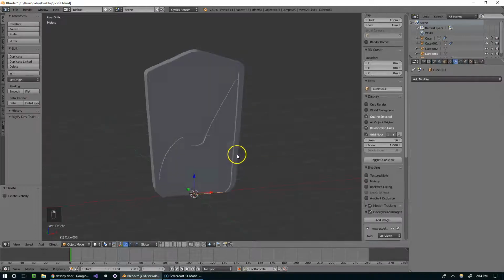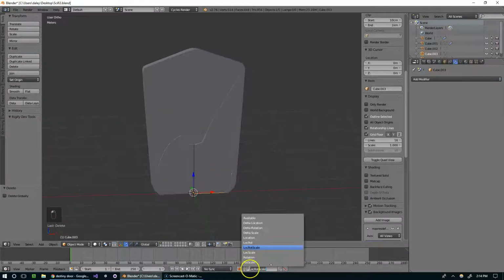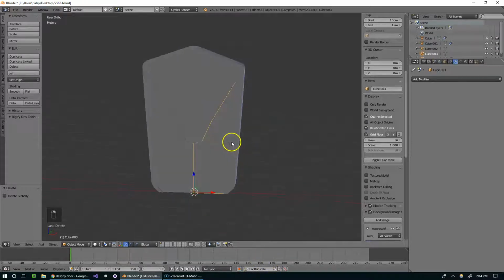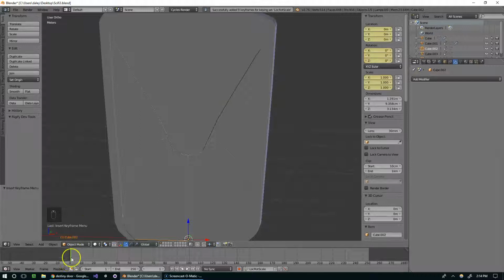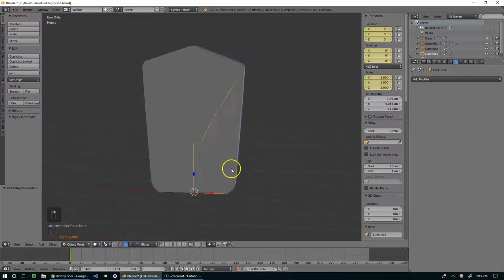Alright, so now we're going to animate this. So the first thing I want to do is come down here and add location, rotation, scale to my key set. Then I'm going to hit I, right click I, and you can see that made these yellow. And so now we have a keyframe at frame 1 locking in the position, rotation, and scale for each of